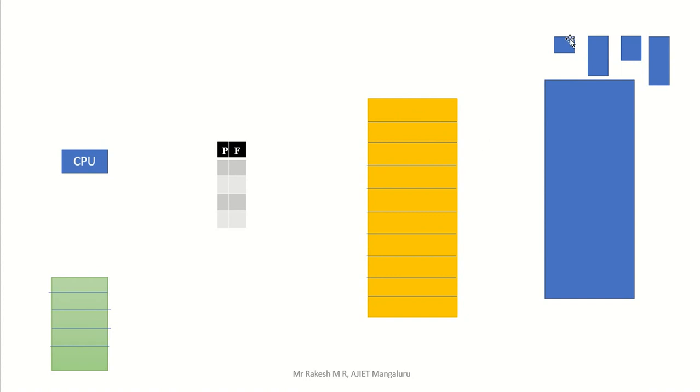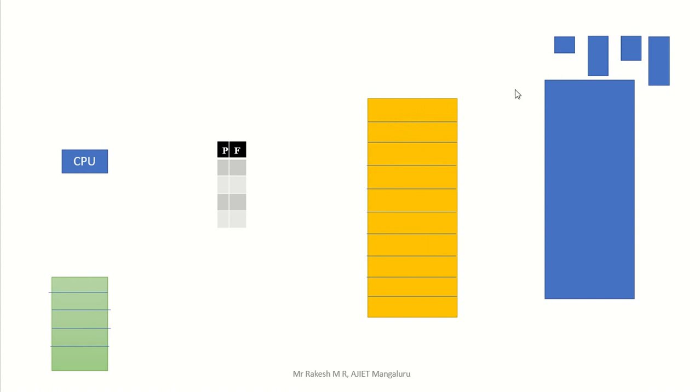The concept is that the entire process we take into main memory is a contiguous process. Contiguous process means your complete memory is divided into fixed blocks, and one entire process is moved into one block. That is called a contiguous process. We are not dividing anything in the process, just moving the entire process into one block. Here we get internal fragmentation and external fragmentation problems, which we already discussed in the previous class.